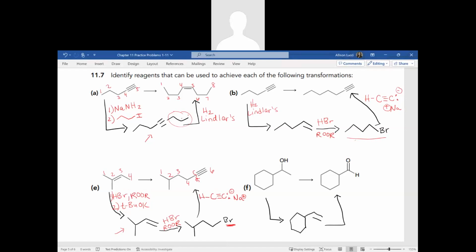For the last reaction that we'll look at in example F here, we go from an alcohol to an aldehyde functional group. So we've converted our functional group. The position remained the same though. So in the first part of this reaction, first we could convert this from an alcohol to a tosylate and then perform an elimination reaction. So to go from an alcohol to a tosylate, that better leaving group, we could use tosyl chloride in pyridine,